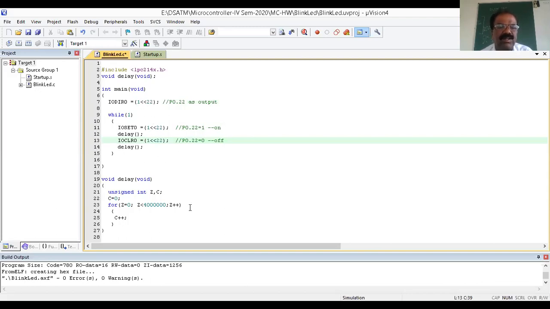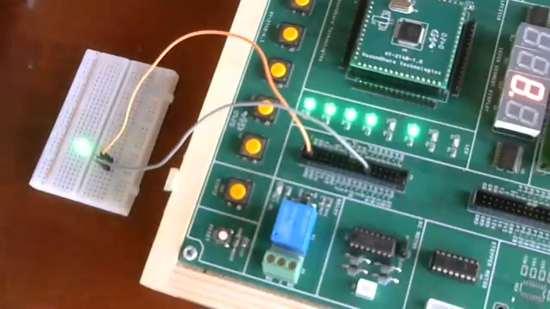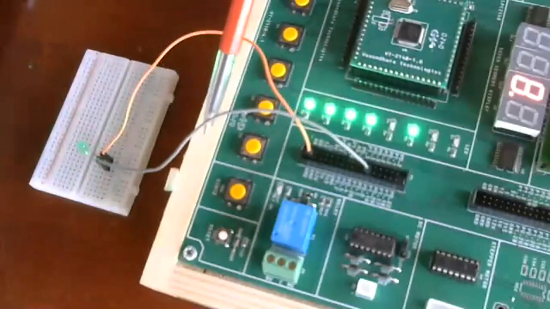So any doubts here? Okay, I'm going to modify the circuit, then I will give the demo for that particular thing. Now here, this is your cathode, this is anode.